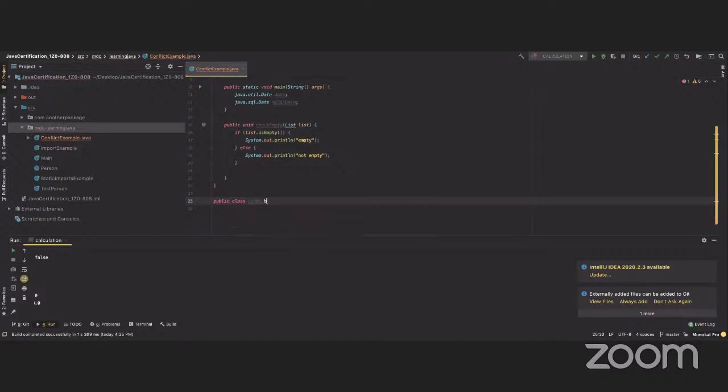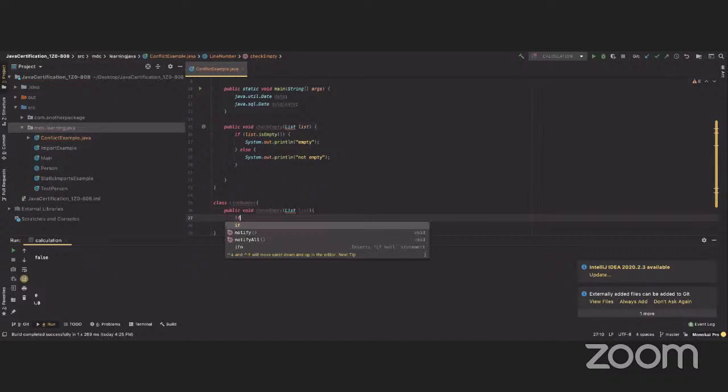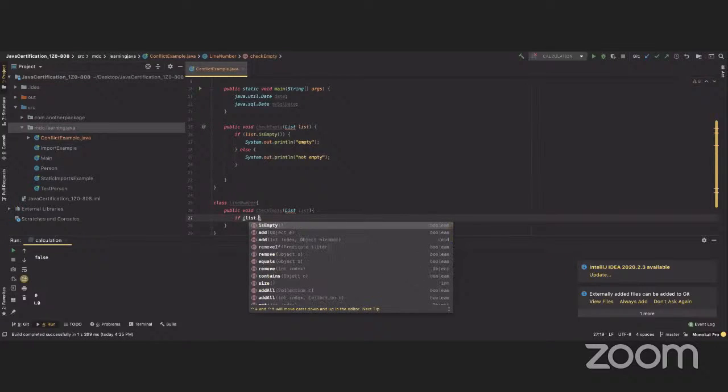So we're going to say public class, and I'm going to do it this way. Public class, and then we can say public void checkEmpty. You're just calling that method. And then we say if list is empty,